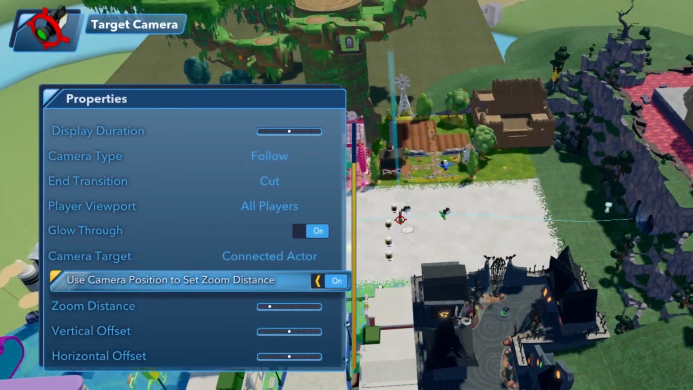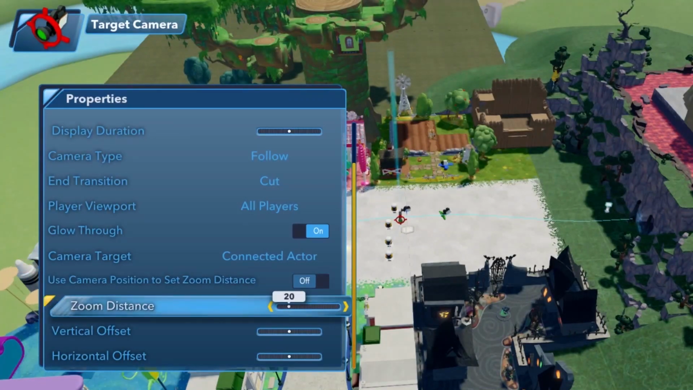All these ones are completely new. Basically, the zoom is how pulled back the camera is from the target that you have selected. So if we have used camera position to set zoom distance, we will check the actual distance between the camera itself and the target, and use that as a zoom. If we have it off, then it will check this zoom distance. So the closer it is, for example, if we try with 4,